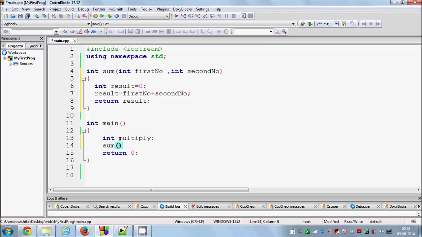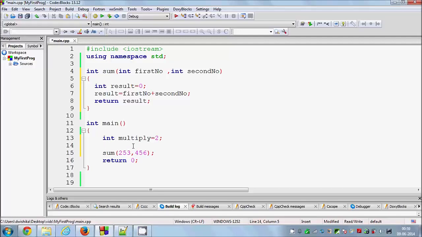So for example, I pass first integer 253 and second integer 456. And because we are returning some value here, I can initialize the multiply variable by 2.